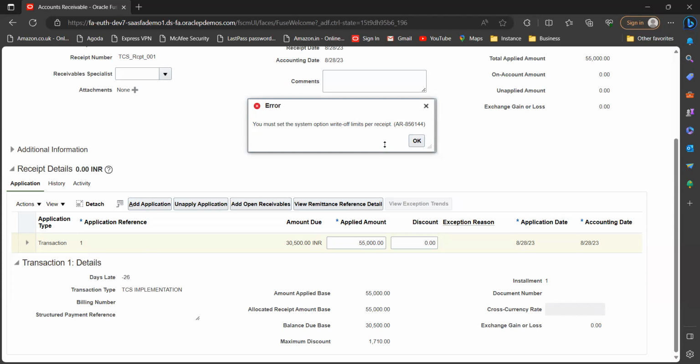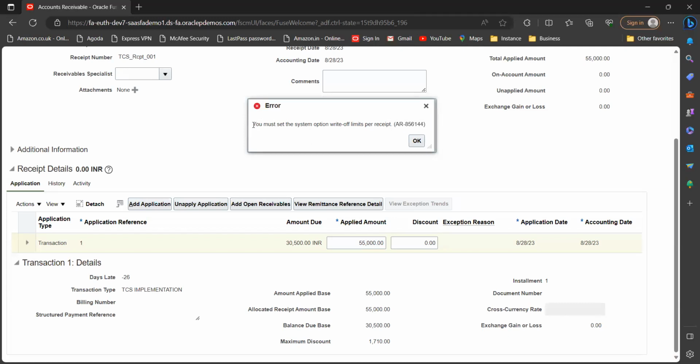Okay, one important thing is this is a sort of a troubleshooting during the support projects. So the user calls us, says that I cannot apply the receipt right now. Then we tell the user, please share the screenshot, and you could see here that there is this number. This is a very standard Oracle support number. Support means error number. So if I search in the service Oracle support website, then I can get the solution